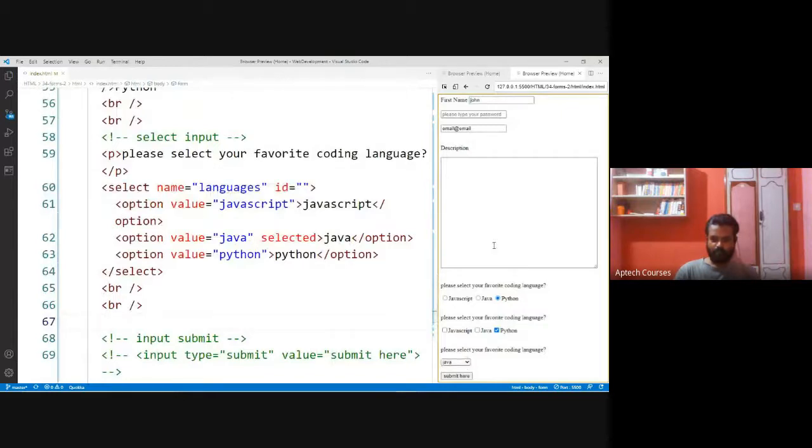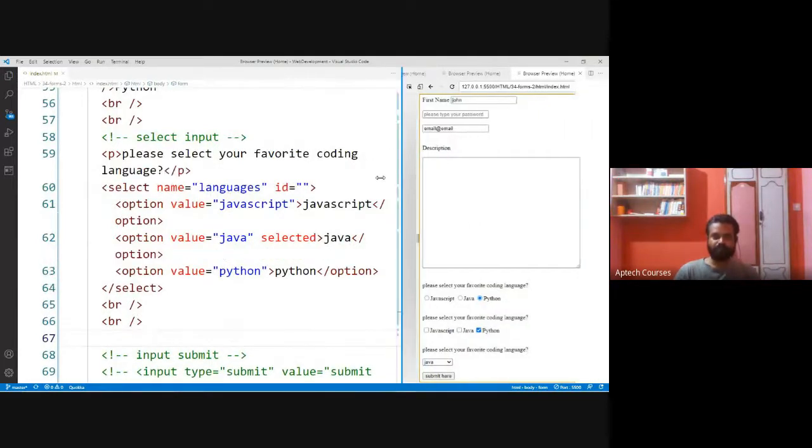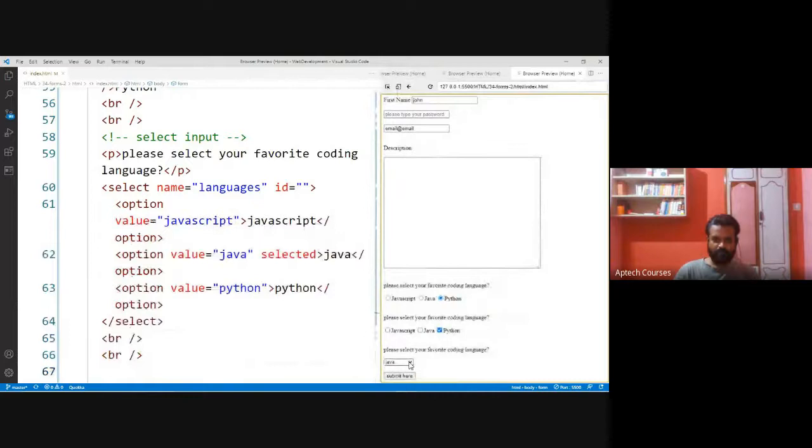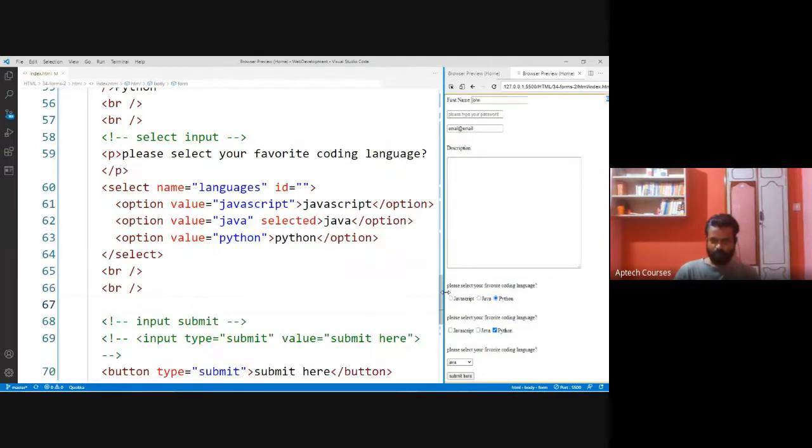We are not getting the drop down. We should get the drop down here. We have Java, JavaScript, Python. The drop down functionality we are not getting.